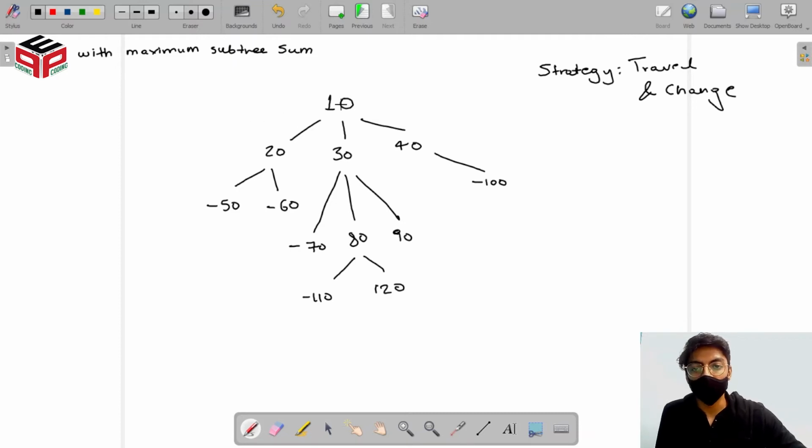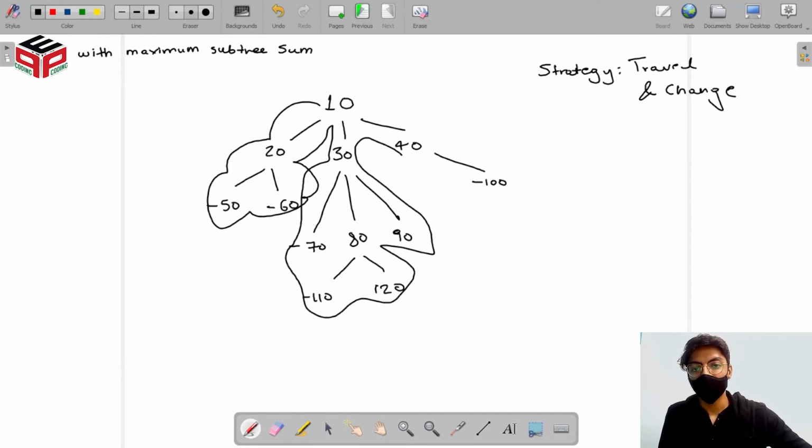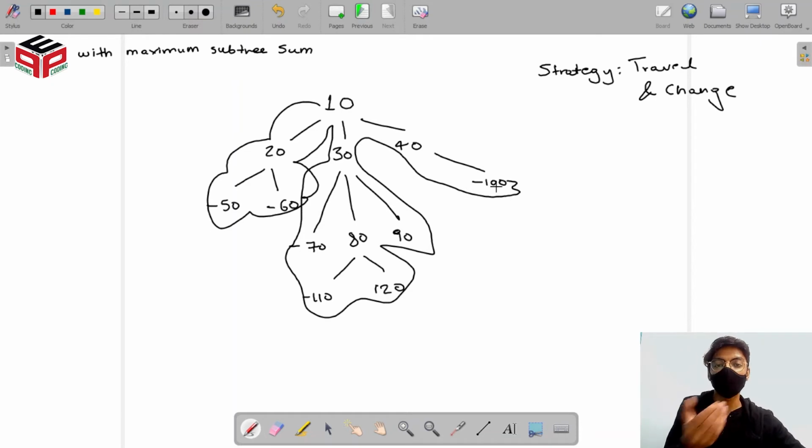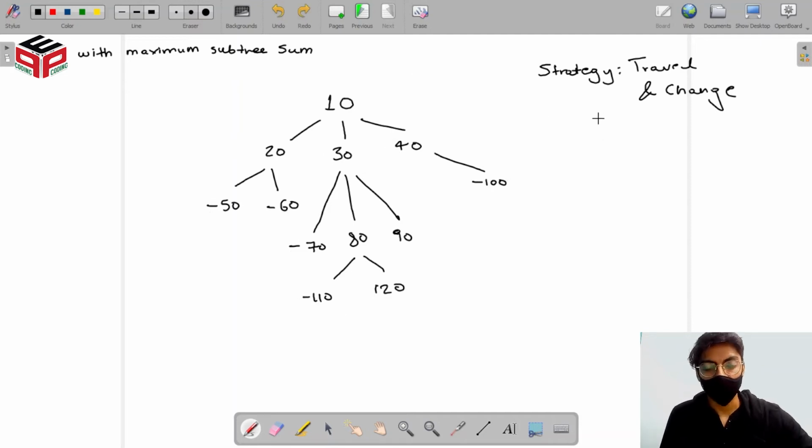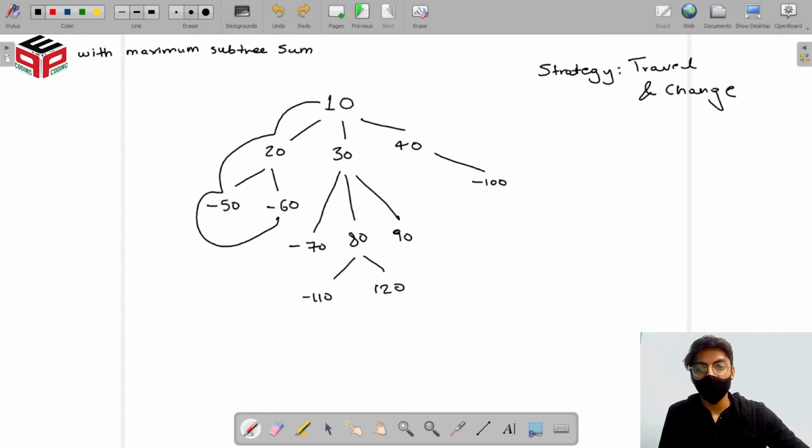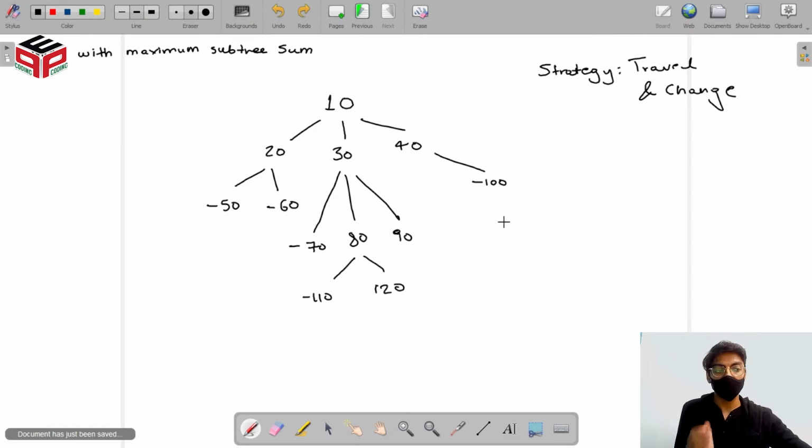We travel through the entire tree. We travel, we go back, we travel, we go back. And while traveling, we will keep calculating and recalculating our values and updating them if our conditions are met. For example, when we are supposed to calculate the maximum of a generic tree, we traverse through this array. As soon as we find the highest node that we found so far in terms of value, we update it. That's basically what we have to do, but the strategy is going to be a little different.